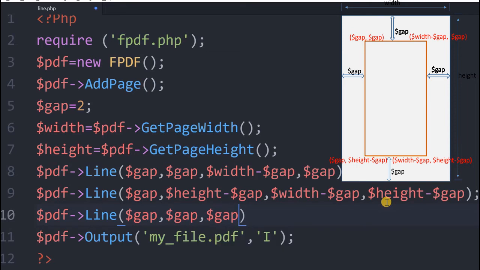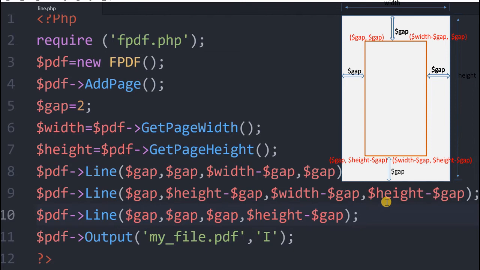Then gap, and third is height minus gap. This is the end position, height minus gap. All are on the left side, so it's a vertical line. Height minus gap. Fine, the coordinates are okay.